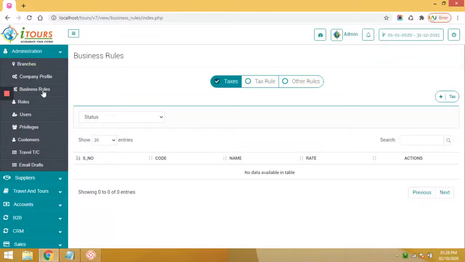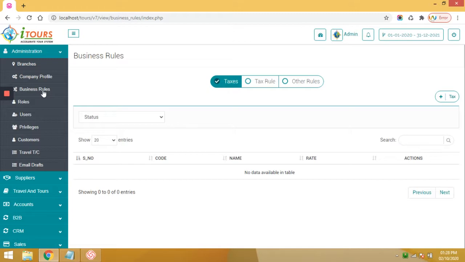Business rule. This is a very advanced and important module we have recently implemented. This module helps to reduce the bugs of tax selections and in the automation. These rules also help to set up service charges and markup standards of the company. So the admin will have their own rights and controls on each type of sales.